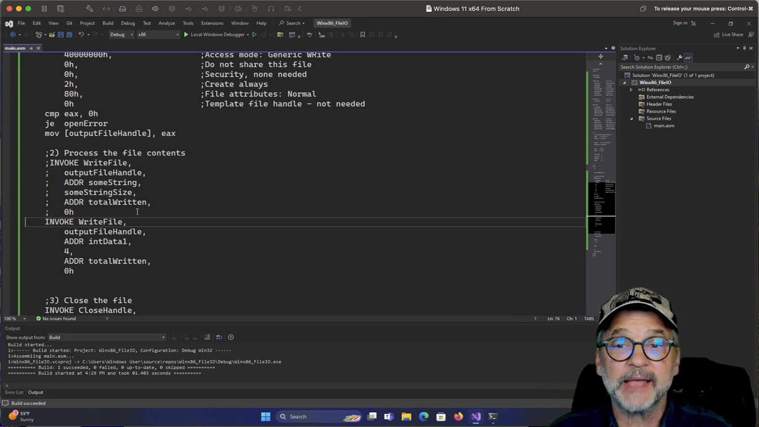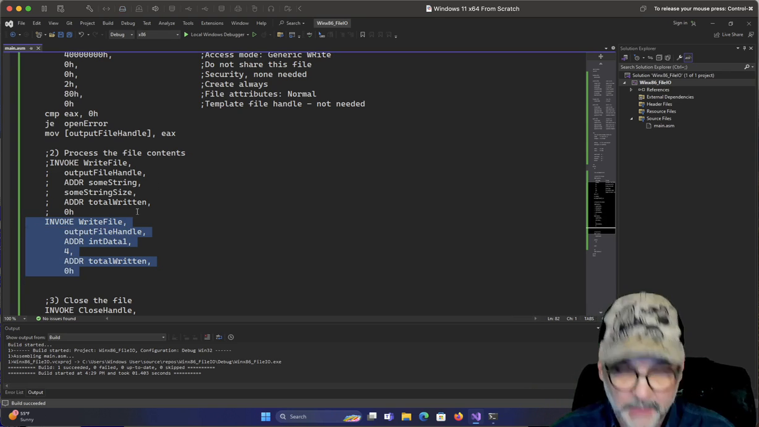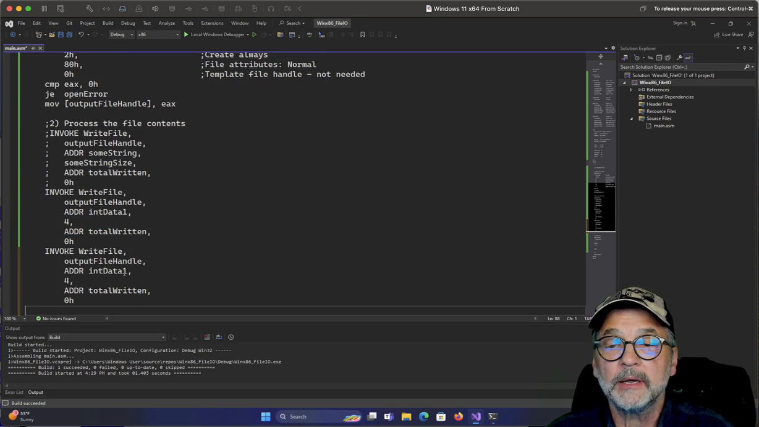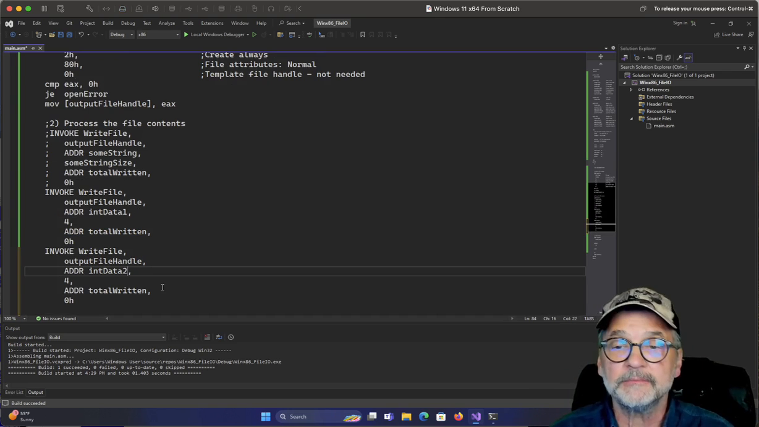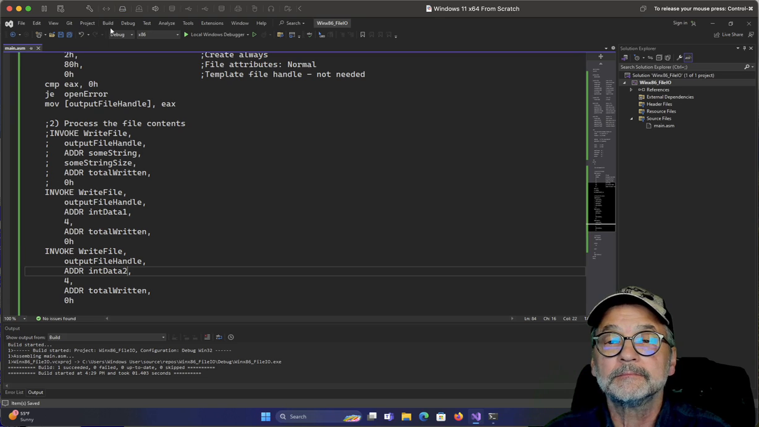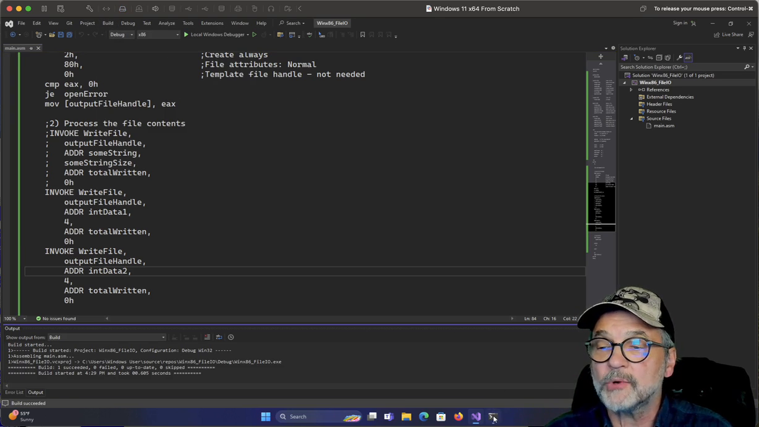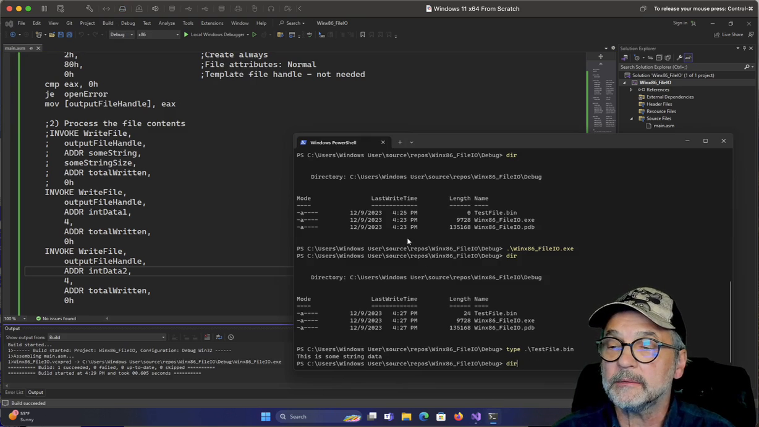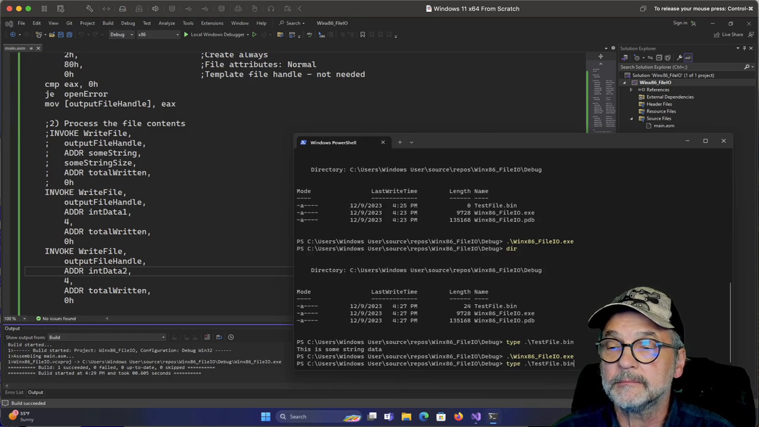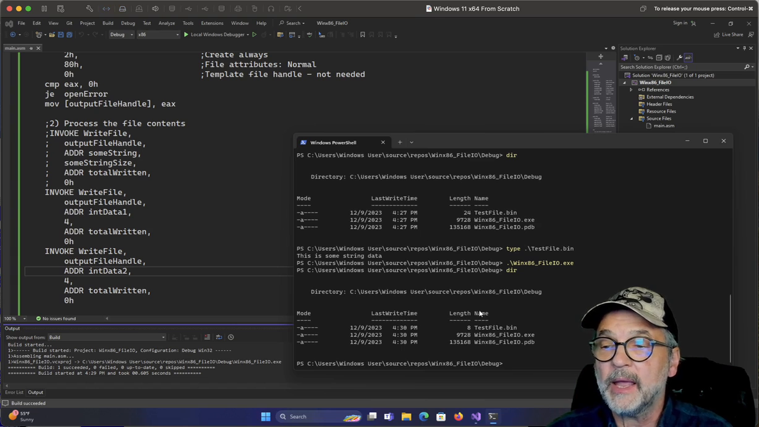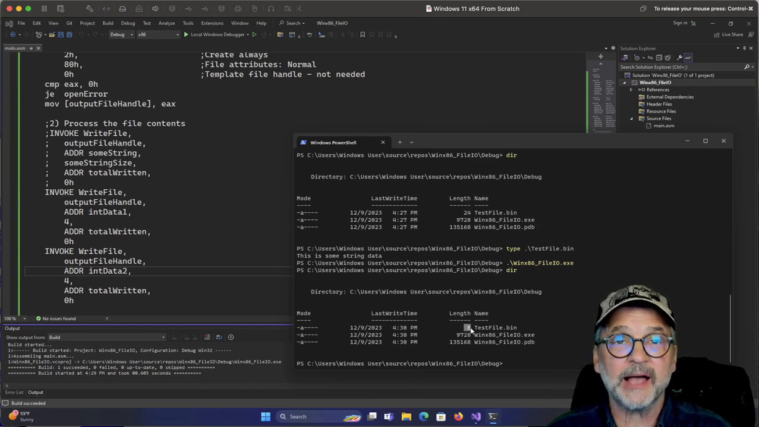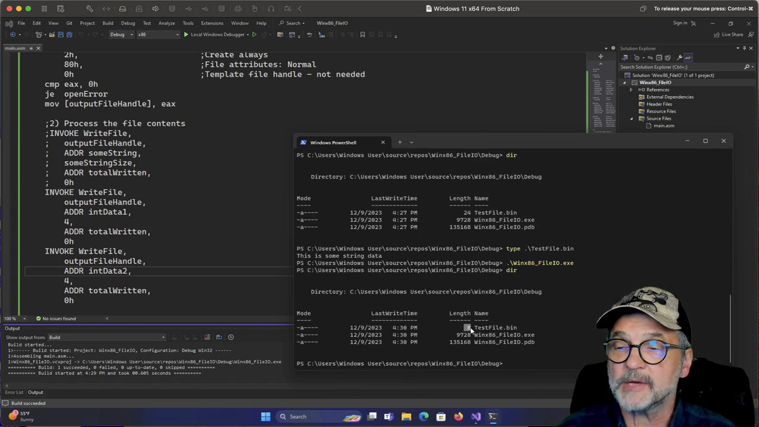Now let's do the second integer as well. So I'm going to copy this and paste it. And we're going to say int data2. And we're going to go back to our window and we're going to run it. And notice it's only 8 bytes in size because all we did was write 2 integers. I'm going to say type